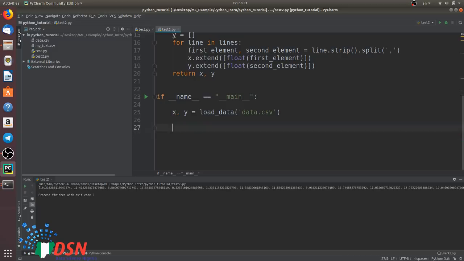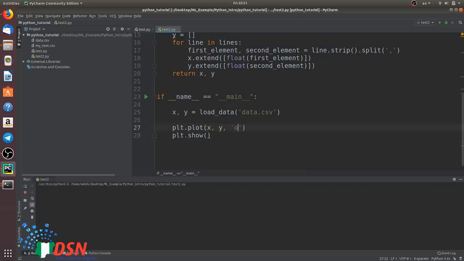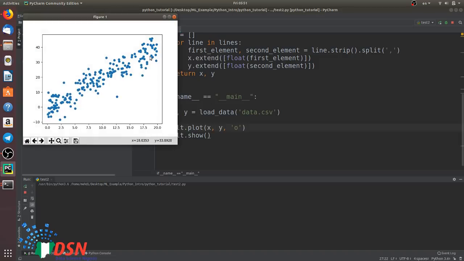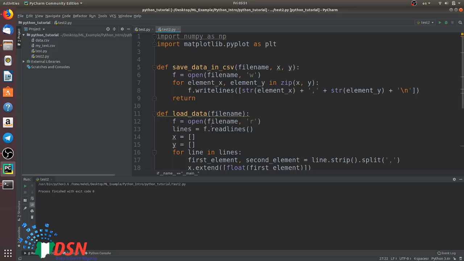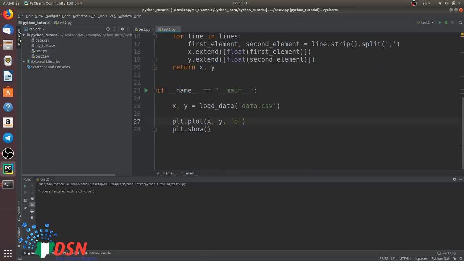We could again visualize them to make sure that they are okay. As you could see, they are okay. So until now we saved our data and loaded our data, but